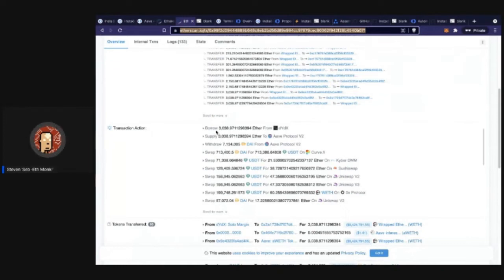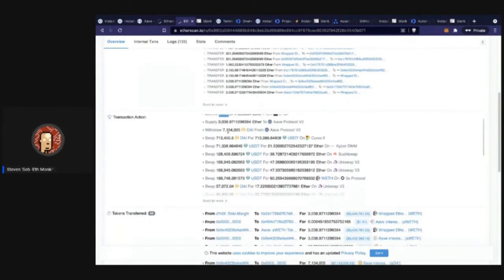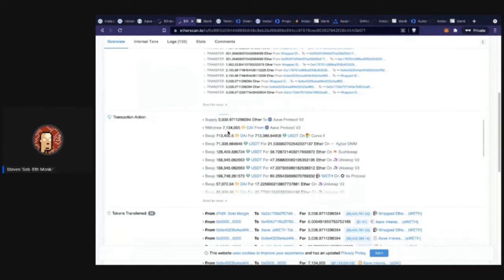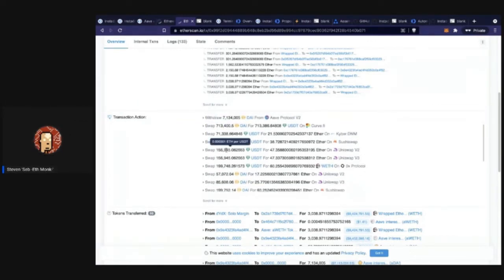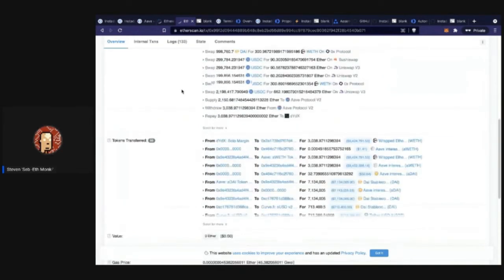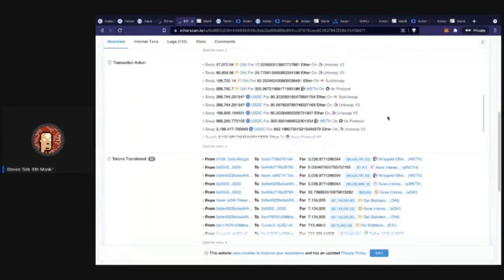So the first thing that we did was go ahead and create a flash loan using DYDX, and then we supplied that Ethereum to Aave, and then we withdrew all this DAI out of the protocol. Based on the market and how to most efficiently buy this Ethereum, it went ahead and did 1, 2, 3, 4, 5, 6, 7, 8, 9, 10, 11, 12, 13, 14. So it did about 14 different swaps to get that Ethereum.